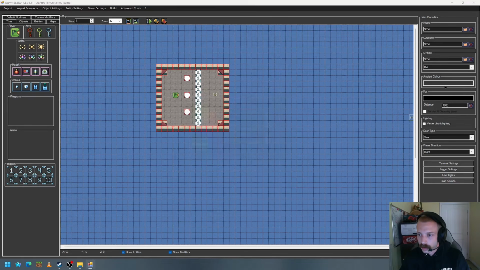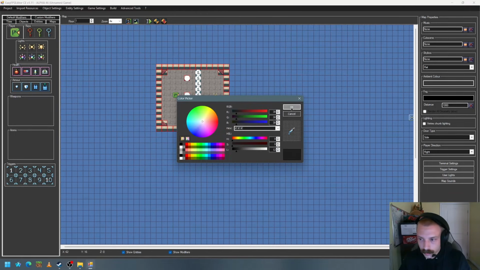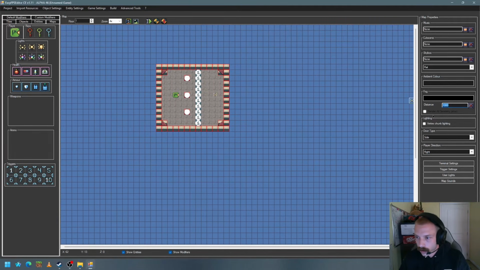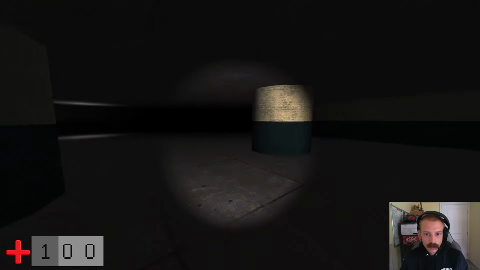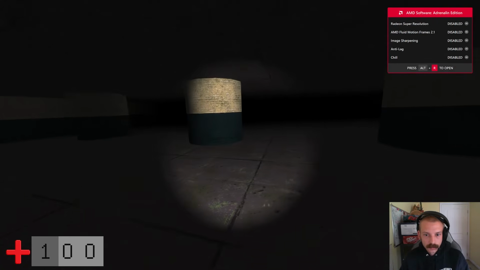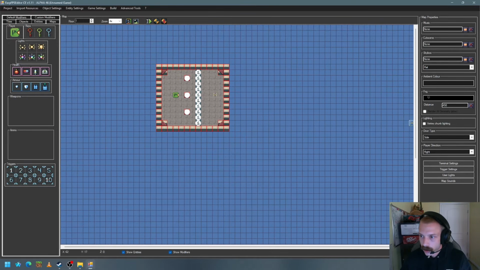You could even make it a little darker and turn that fog distance way short. Let's maybe go with like 450. Ooh, yeah, see, now you got a spooky vibe going. So that's just a couple ways you can mess with the ambience of your game, just using the ambient color and the fog. Alright, so moving on,